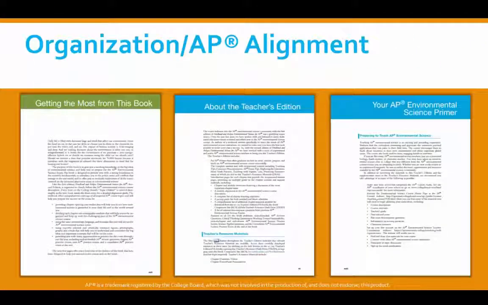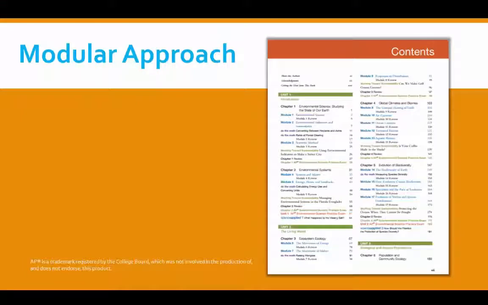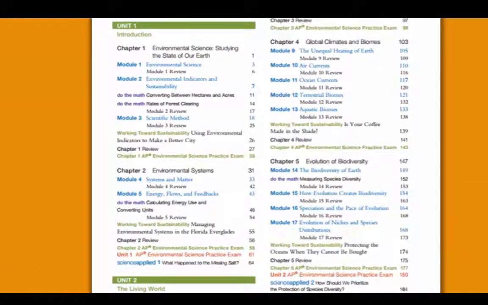The Friedland Relyea program focuses on the information required by the AP Environmental Science curriculum. The book was developed specifically with the AP Environmental Science curriculum in mind. Chapters are divided into short modules to provide maximum flexibility and to help you stay on pace. The modular approach also presents the content to students in digestible chunks that make complex material easier for students to tackle and review.